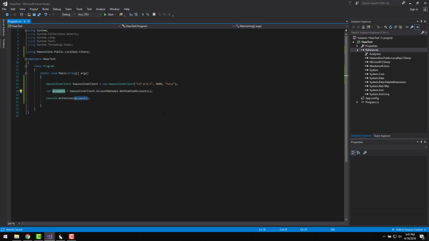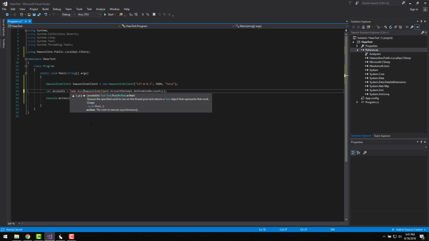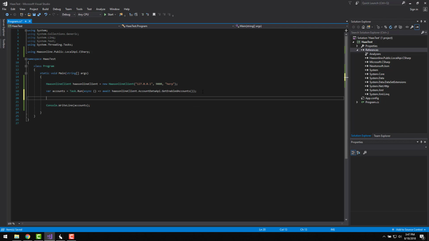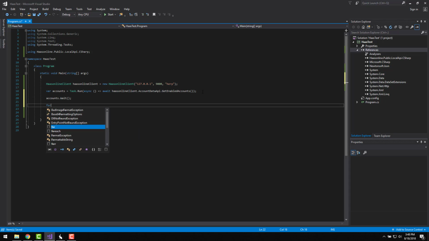So what I actually like to do is I like to cheat. To do this, I basically make a task. So I'll do a Task.Run async. And for developers who know how to write with pure async calls in C# land, you don't have to do this. You can just await it, the appropriate word in JavaScript land would be promise, wait for the promise, and then just process it when the result's there. But for our sake, and for this tutorial, I'm going to show you how to do this by forcing a synchronous method. So if we go accounts.wait,